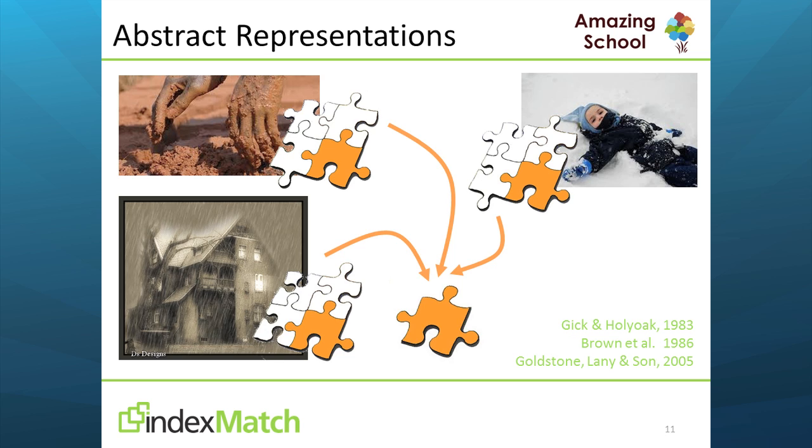Providing these multiple, contextually different experiences, the structural element that is in common, in this case the idea of a protective barrier, or in more abstract terms, a delineating boundary, is naturally isolated. And additionally, this isolated representation retains its links back to the context in which it was created. And this is really important because when you have an abstract representation that is formed out of a perceptually concrete domain, when you come across that perceptual trigger again, when you see that in real life, your abstract representation will